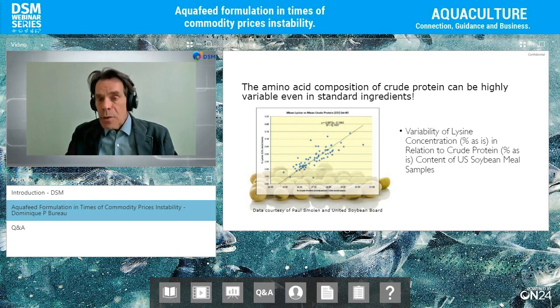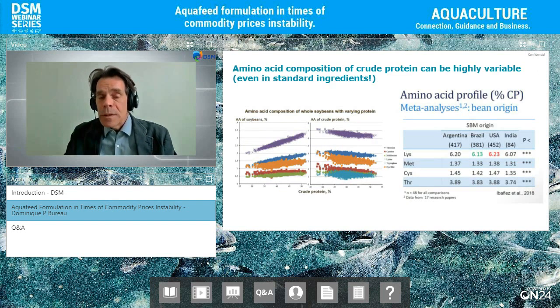There are a number of surveys that have been carried out, and there's a nice meta-analysis paper on soybean that was published recently. And you can see from these data that for the different amino acids, there's quite a bit of variability at the same level of crude protein. You can see quite a bit of variation for some of the amino acids that are quite variable. Of course, as you increase protein, the amino acids will go up because protein is made of amino acids. But the makeup of that protein may change. So it's important to go down to the amino acid profile of the ingredients and focus on meeting amino acid requirements.